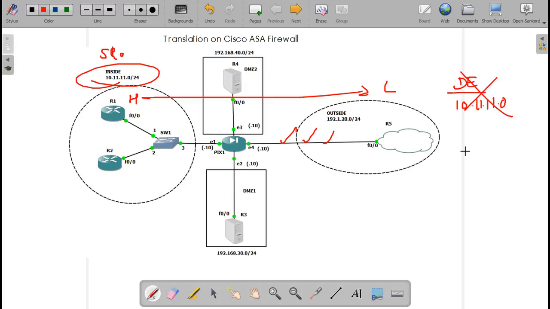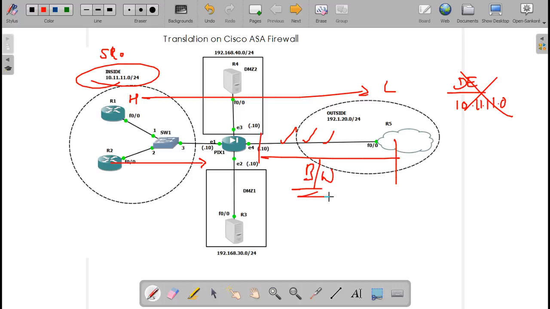Why send such packets out? Makes some sense. When you are already aware that a packet with a private source, if it is going out on the internet, will never come back, why are you sending it out? Why are you taking so much pain to send it out and wasting the bandwidth? At least you can save this bandwidth right from here till the internet. The packet will come to the firewall. Firewall will see, okay, you are coming from a private source. There is no translation rule for you. Packet will get dropped. And thereby you will be saving bandwidth.